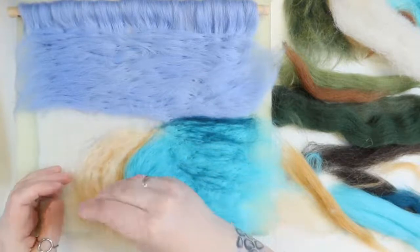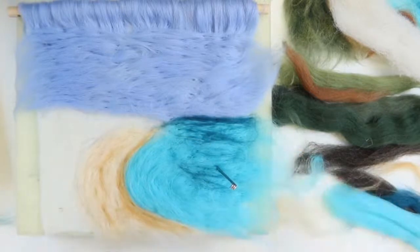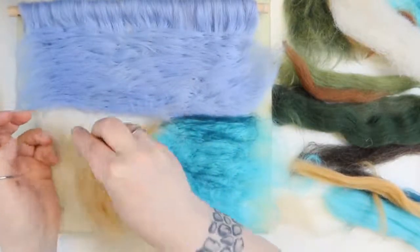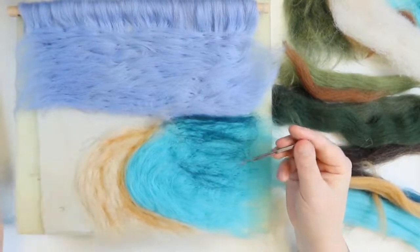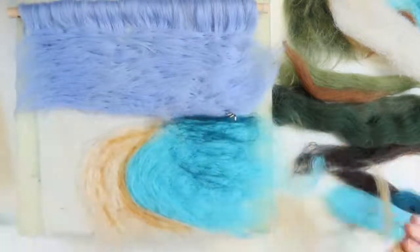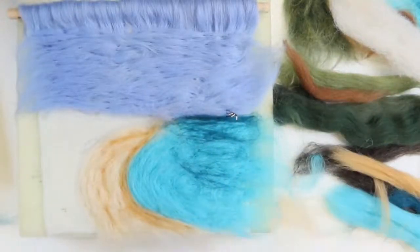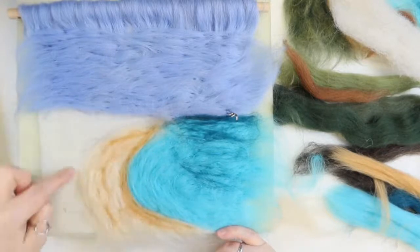Because the sand's not going to be perfectly the same colour everywhere. There's going to be dark patches and light patches. And again, it might seem like I'm moving quite fast just now, but I'm going to go back over all of this again and add in more detail and more layers. So this is just quickly getting the colours down, don't think about it too much is what I'm trying to say at this moment. So we've done our inner, and we're going to do an outer dark patch as well,